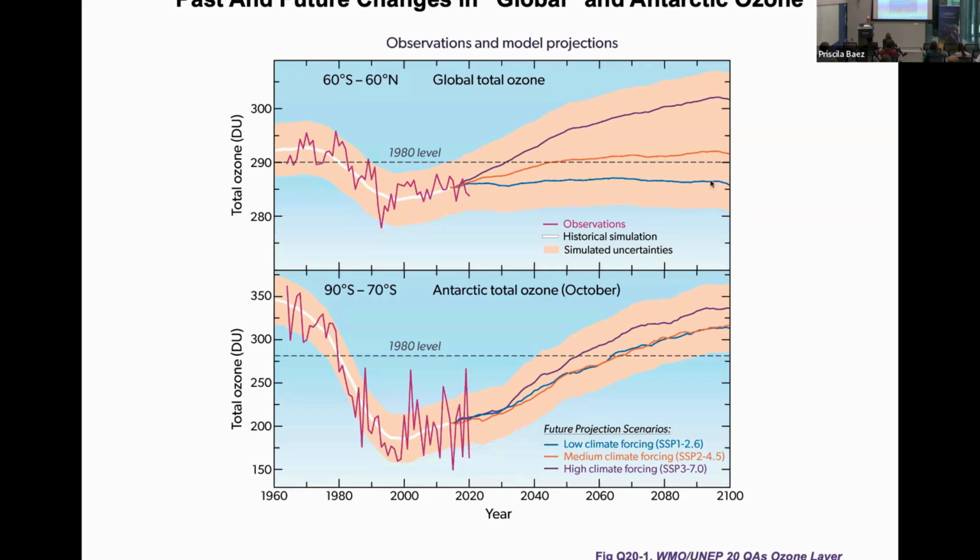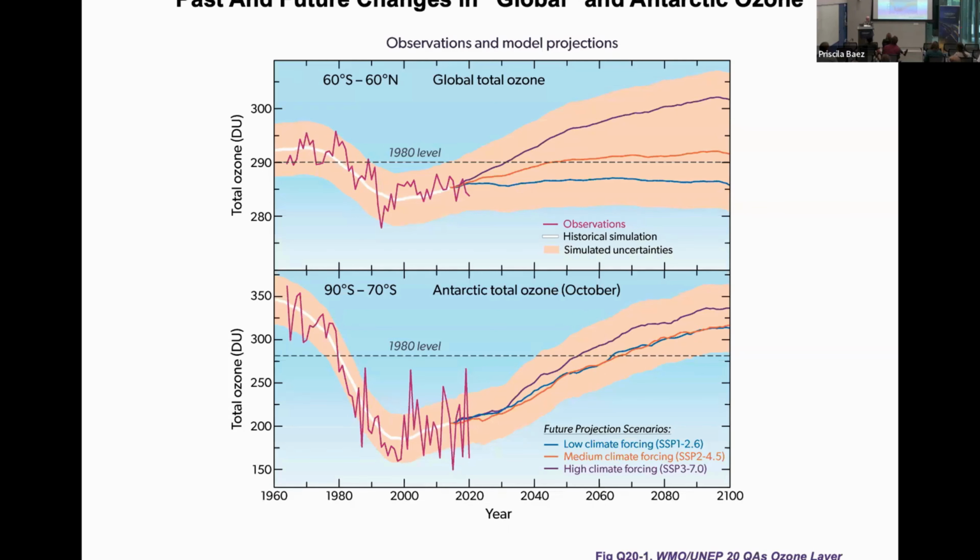And then, you know, with a low climate forcing scenario, we have basically a permanent turnover of ozone, and I can't tell you why. Does anybody know what gas is responsible for this? It's one of the greenhouse gases. If you've read the 20 Questions and Answers super carefully, you may know. Going twice. Nobody? Okay, it begins with an N. Greenhouse gas. N2O. Nitrous oxide.